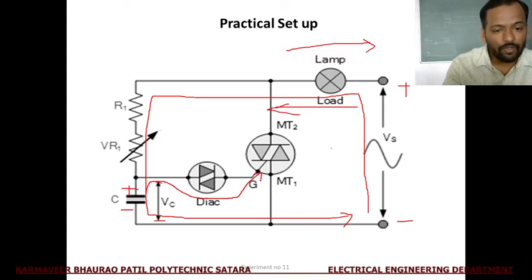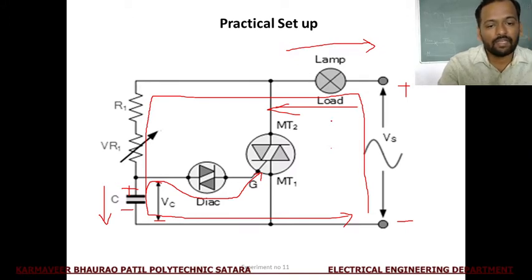See what will happen when the charging voltage of the capacitor becomes equal to the breakover voltage of the Diac. This Diac will turn on, this capacitor discharges through Diac and a trigger pulse will be given to the Triac. This Triac will turn on and this Triac will control the voltage across the lamp. Got it? Now suppose in the next half cycle,